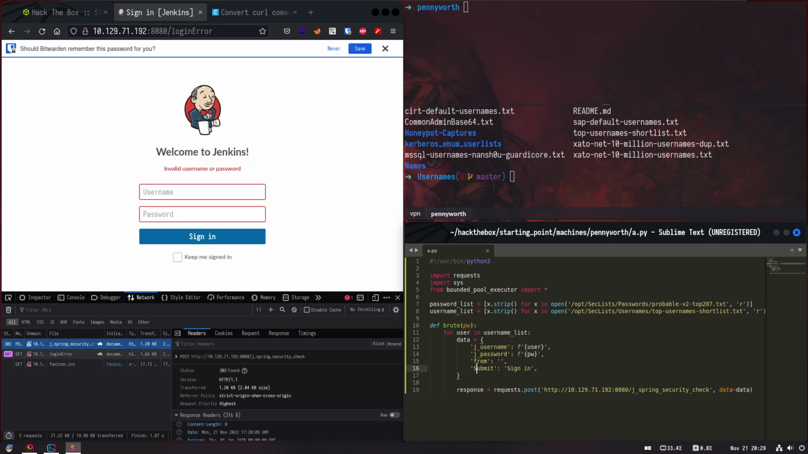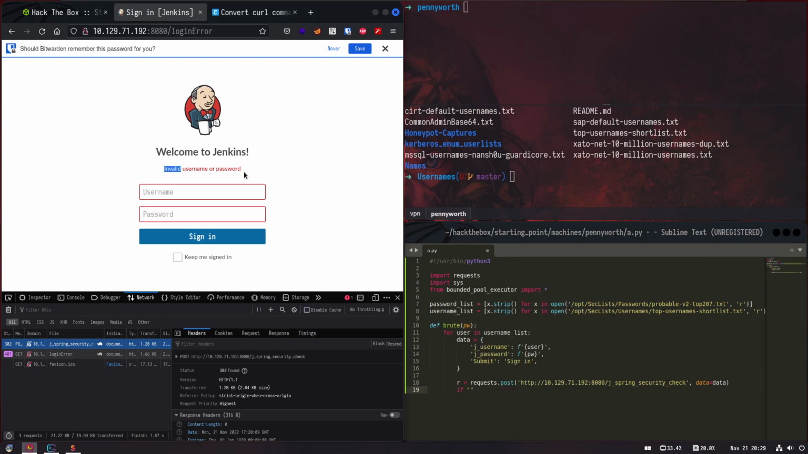What else? I guess that's pretty much it. I don't see the from here. From shouldn't be there anyway. So can call this R. And what else? We can say if invalid. So we know like,